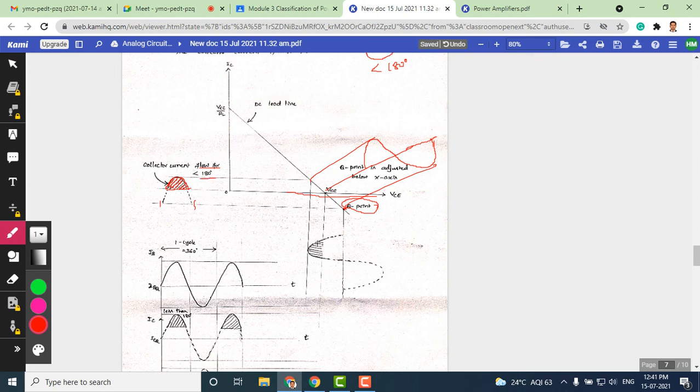But look at the collector emitter voltage. With reference to these two, there is a 180 degree phase shift. Now you can see that the collector emitter voltage waveform exists only for less than the half cycle, only for this portion. For the rest of the portion, there is no collector emitter voltage, that is suppressed. This dotted line shows that the waveform is suppressed, not produced at the output. You only see this portion. These types of amplifiers are called class C amplifiers.